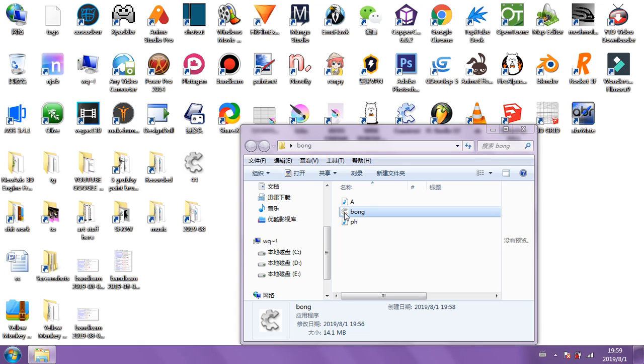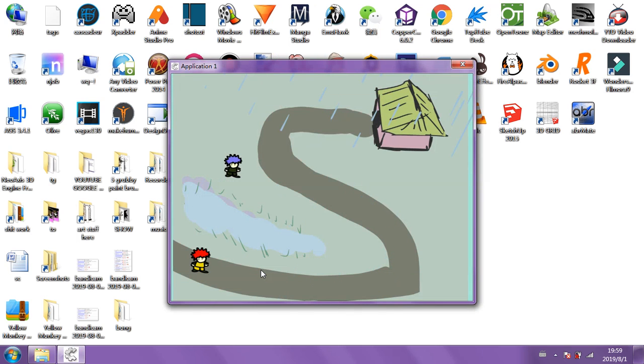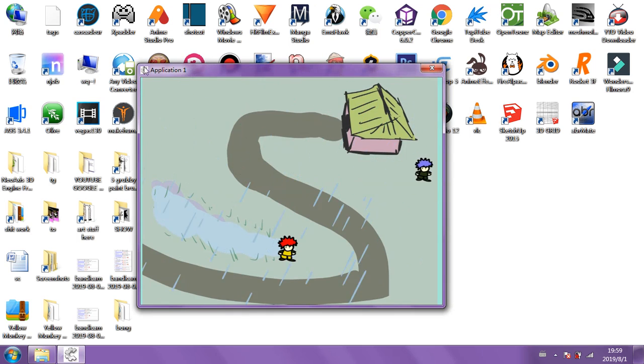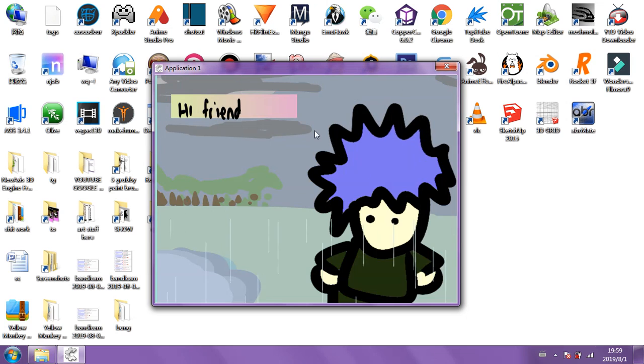If it plays right, if it works, okay. Double click it, wait for it to load. Should be okay. Just loading up. Yeah, and then we have a game. I forgot to change the size, though we can change things like full screen mode. I walk up here. What a cool game. It's my birthday gift. Wow, hi friend, it says.